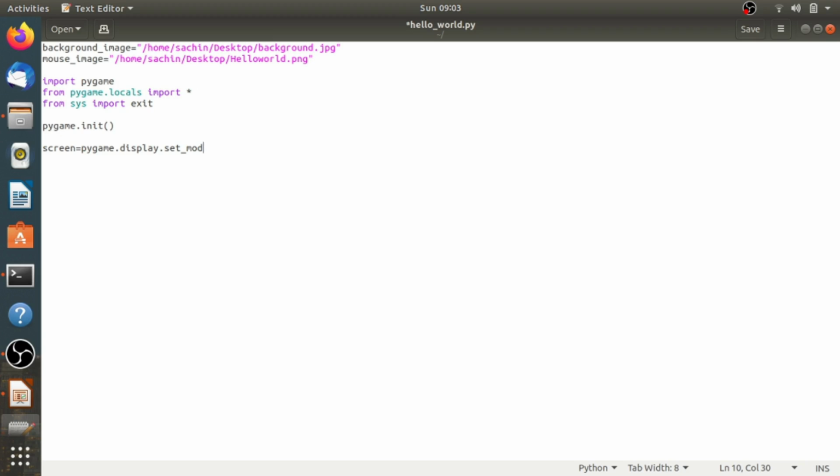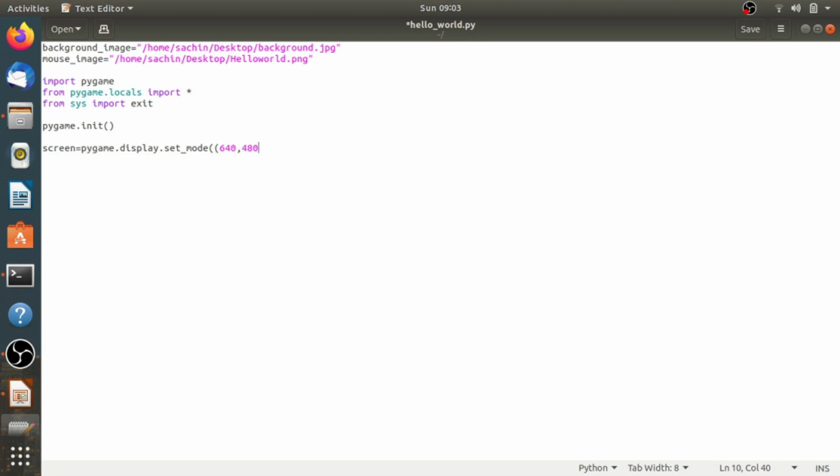and it takes three parameters. The first one is a tuple containing the width and height of the display we want to create. Here I am providing a window of, let's say, 640 by 480 pixels, which is large enough.